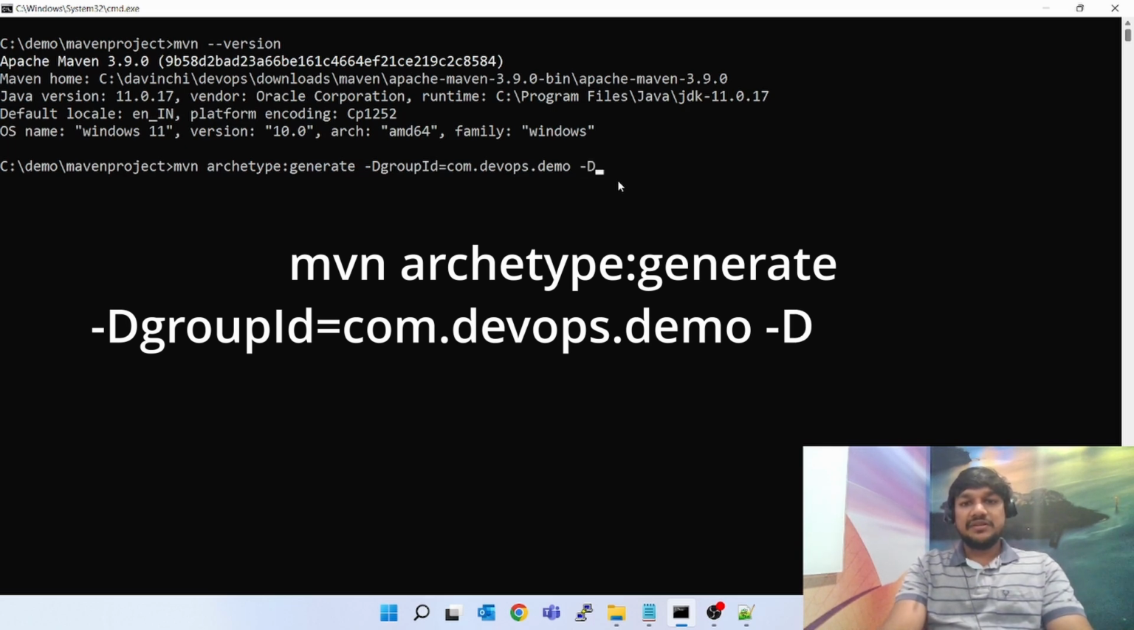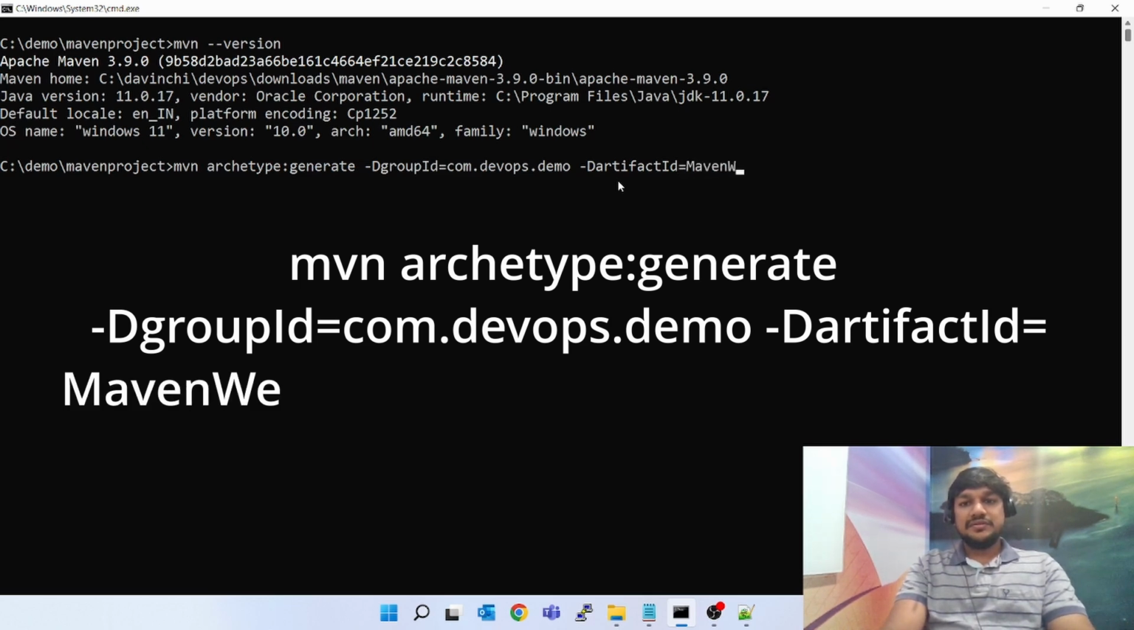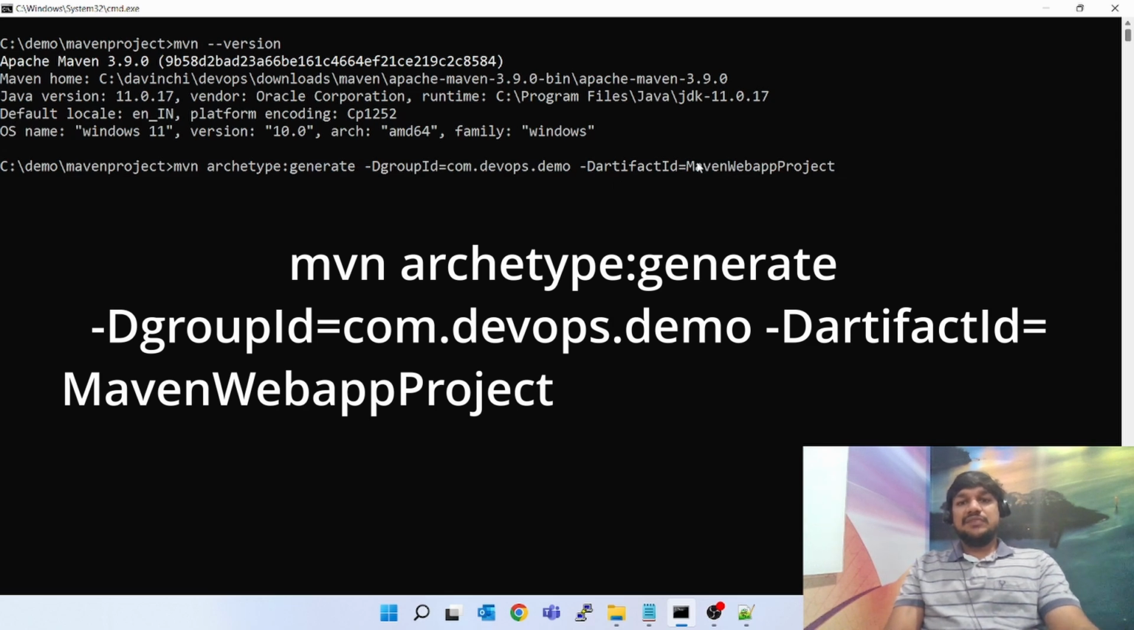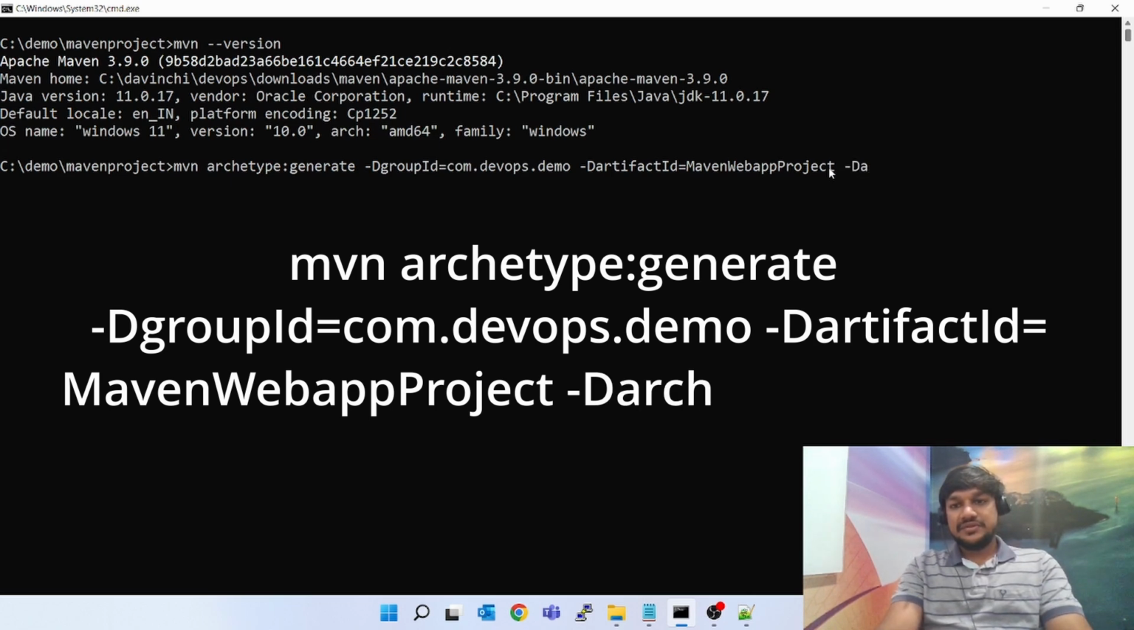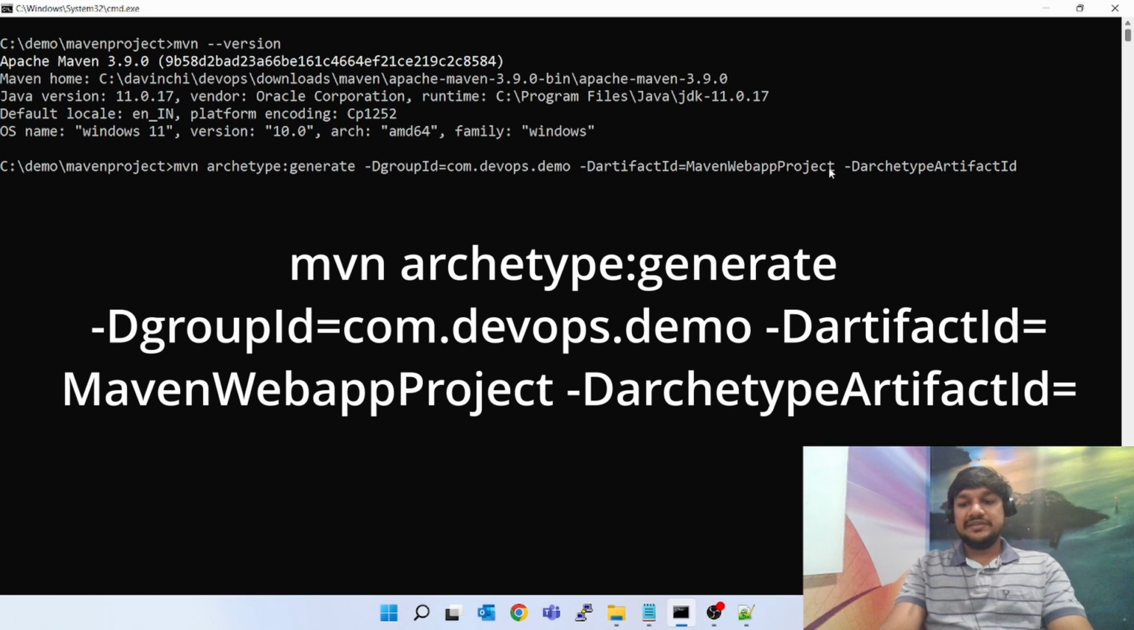Next parameter will be -DartifactId=maven-web-app-project. This artifact ID is the name of the project which I am going to create. Okay. Next one will be -DarchetypeArtifactId equal to mvn